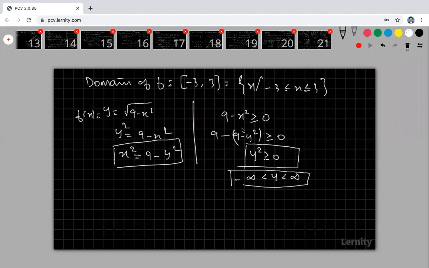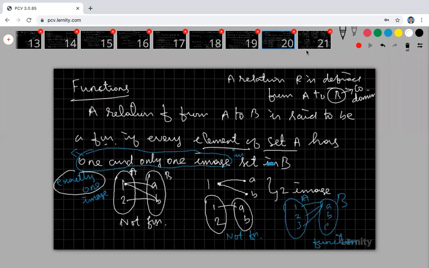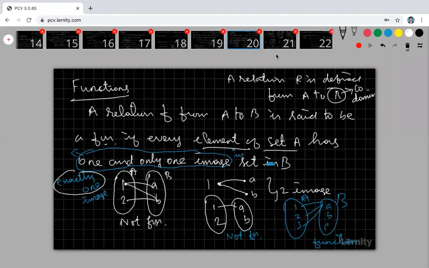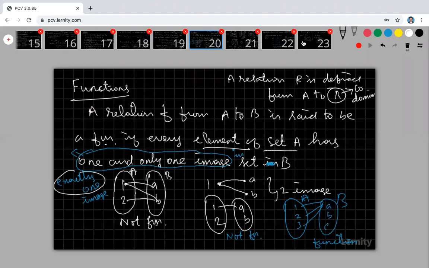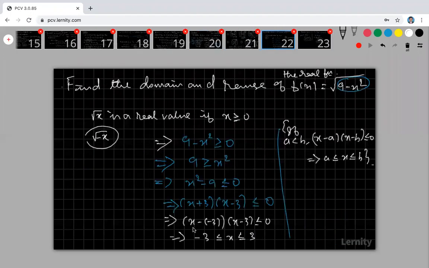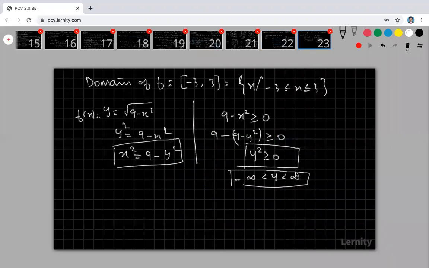My collection of x, look at that. The set of all possible values of x is called my domain. Similarly, the set of possible values of y is called my range. Okay, but this is not my range. Why, sir? Because my y value is always positive.